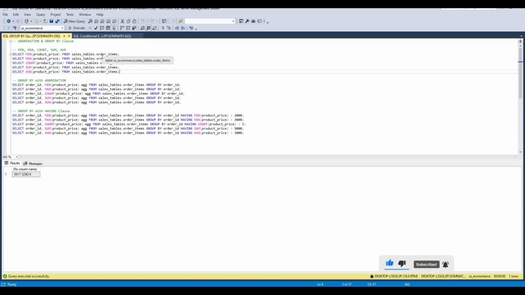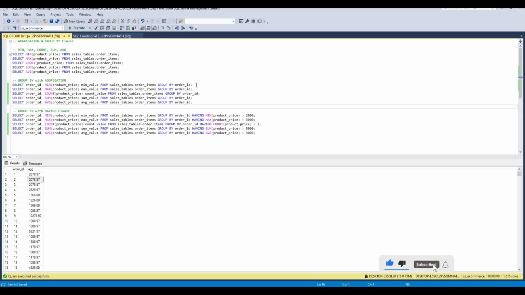Now if we want to do these aggregations on some groups, then what to do? Here we are doing this grouping on the order ID column. Okay, and once those groups are formed, then we are applying this aggregation function on those groups. So if we run this SQL query,